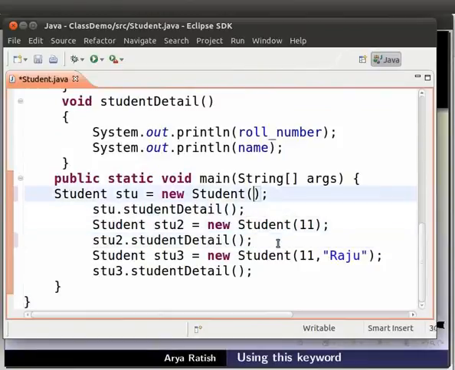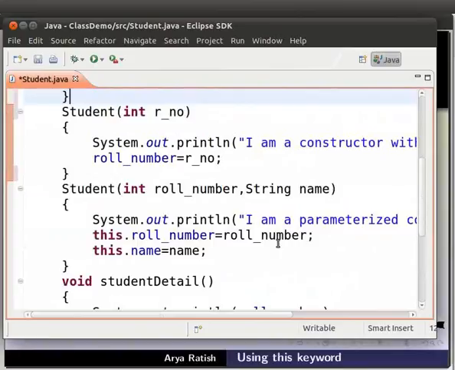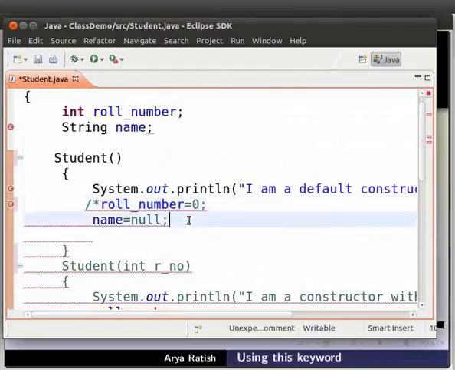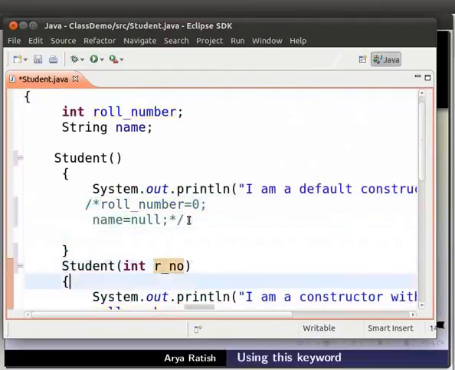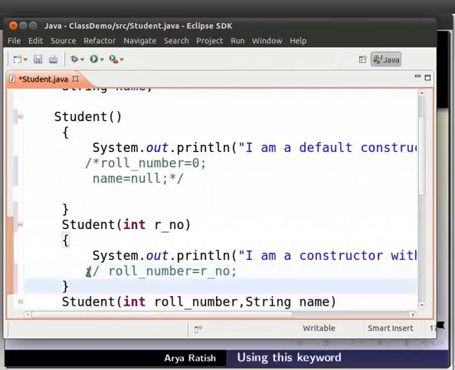Now comment the part to assign the instance variables to their values in the first two constructors. Then comment the part which creates the second and third objects.